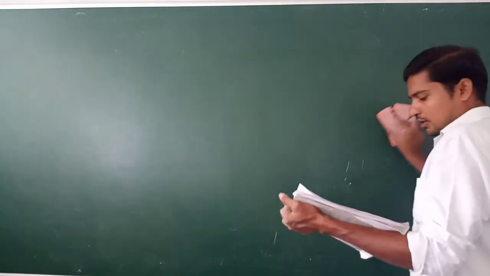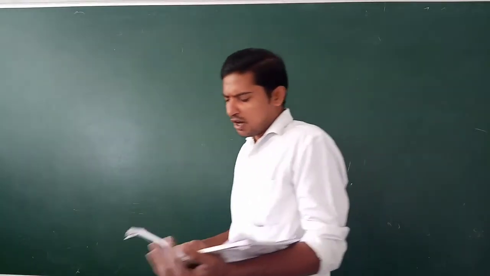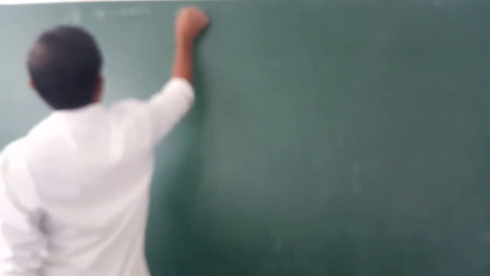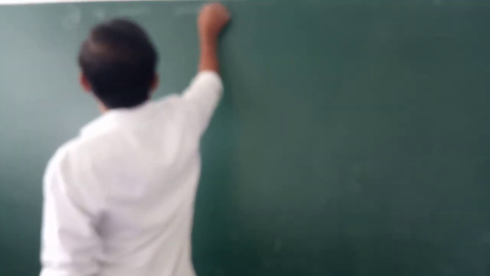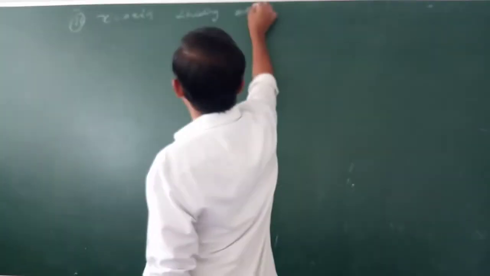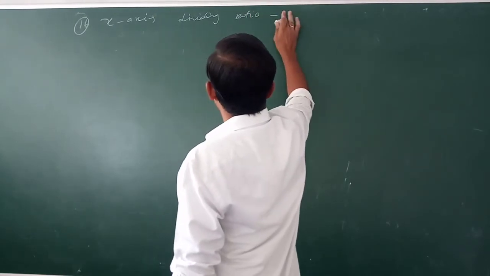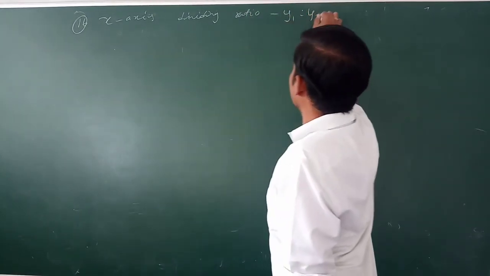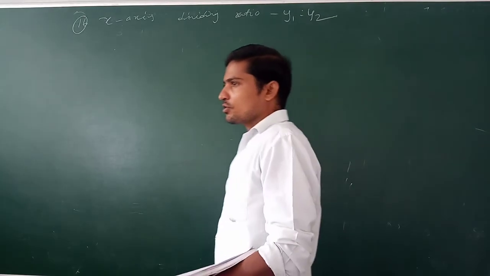See the next problem. The ratio in which the line segment joining the points is divided by the x-axis. The problem number is 16. The x-axis dividing ratio is minus y1 is to y2. Given points are